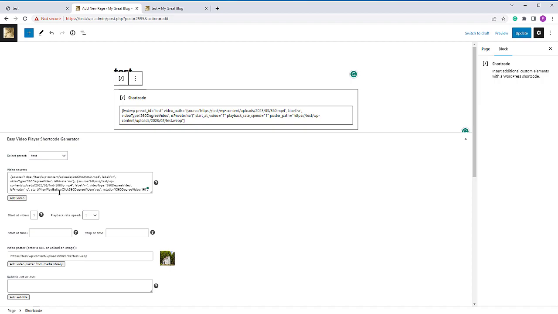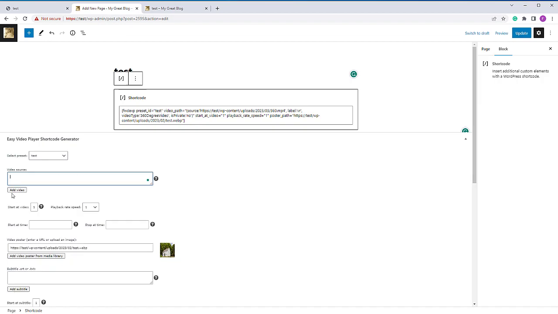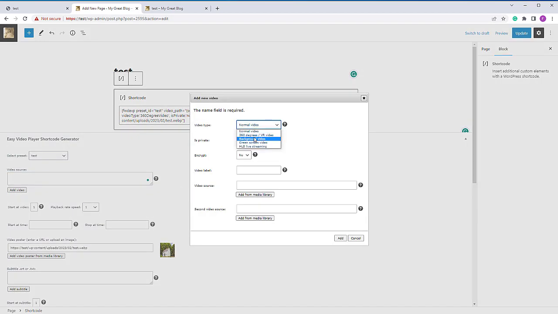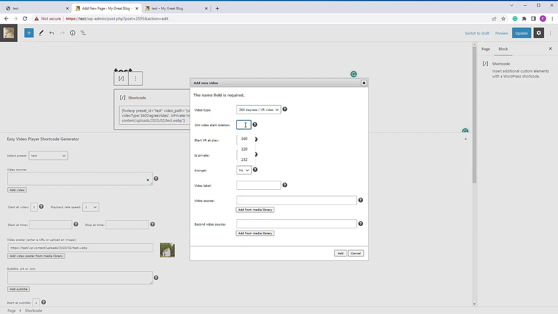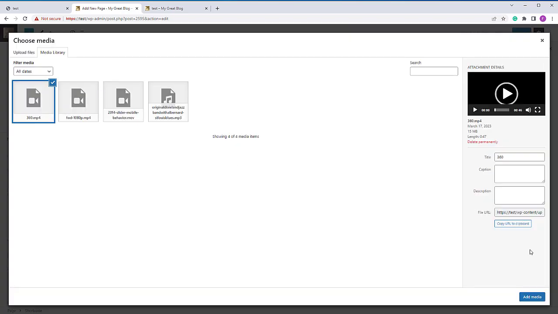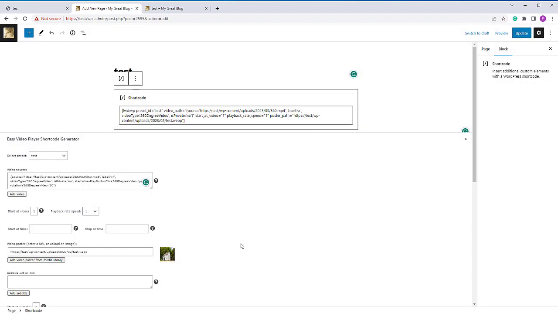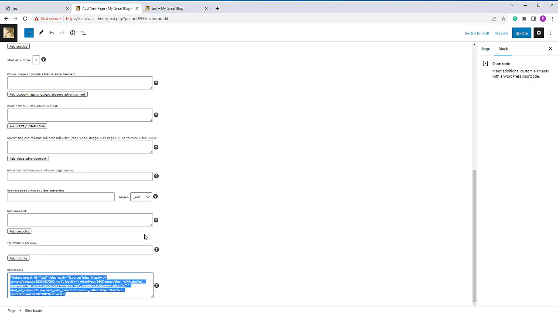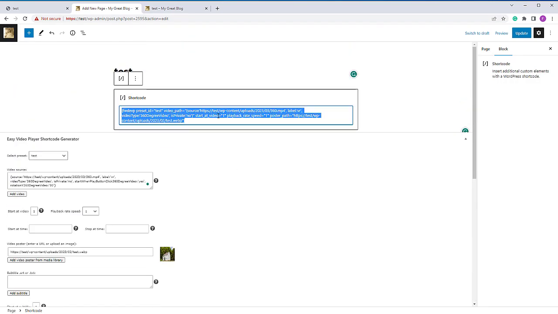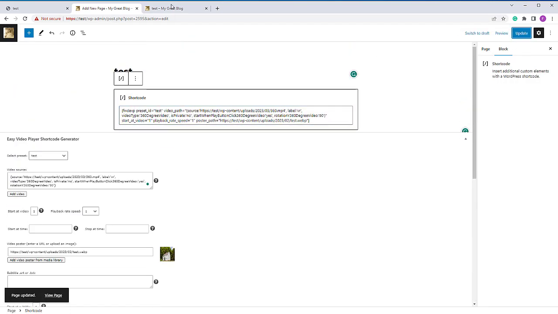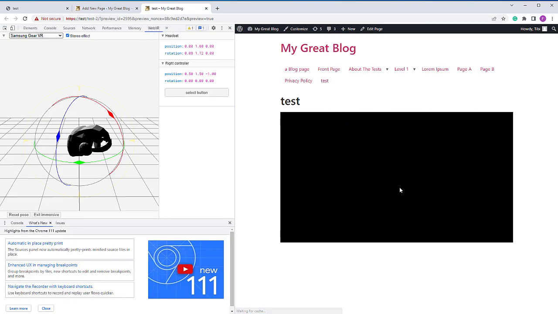Actually, I think I should have removed it, yeah, I need to start again, so let's do this again. 90, yes, and VR, add, and copy this and paste it here, update, and when I refresh now,